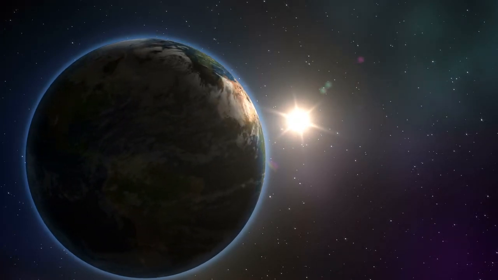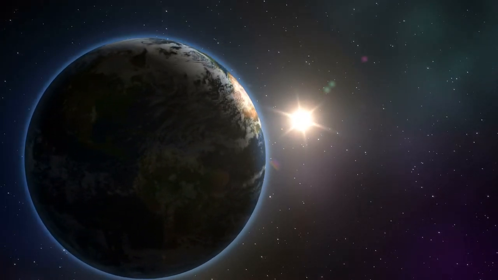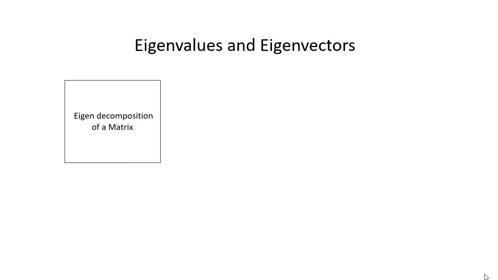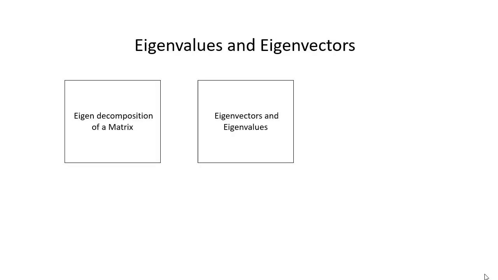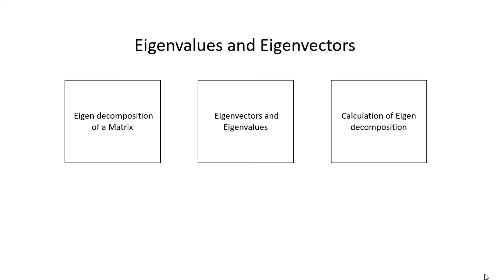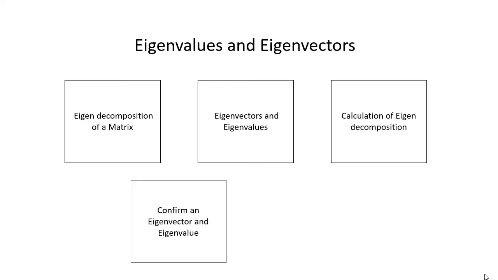We're going to break this lesson and the next few into 5 distinct parts. We're going to talk about eigendecomposition of a matrix. We're going to talk about eigenvectors and eigenvalues. We're going to talk about the calculation of eigendecomposition. We're going to confirm an eigenvector, and we're going to confirm eigenvalues, and then we're going to reconstruct the original